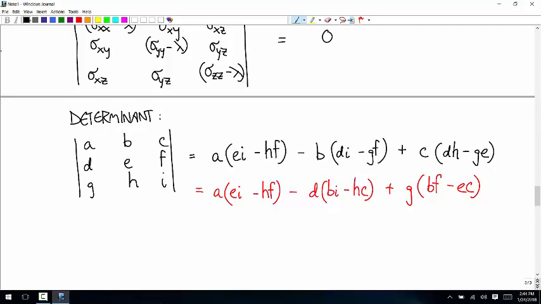Value times the determinant of a matrix. Right. Yes, that's right. And just remember, the second term you always have to make negative. Okay, so if you do that,